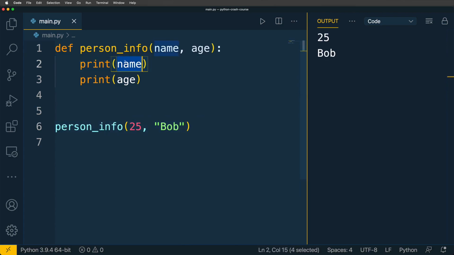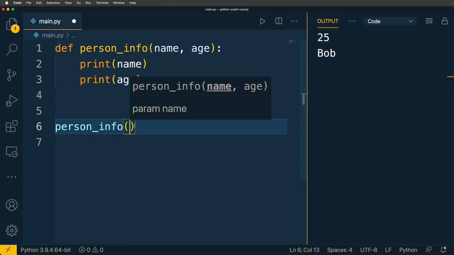25 will be name and Bob will be age. And that's not what you expect from this function. It means that with positional arguments, order is important. It matters. That's why when you type person_info and add a pair of parentheses, VS Code will actually show you which